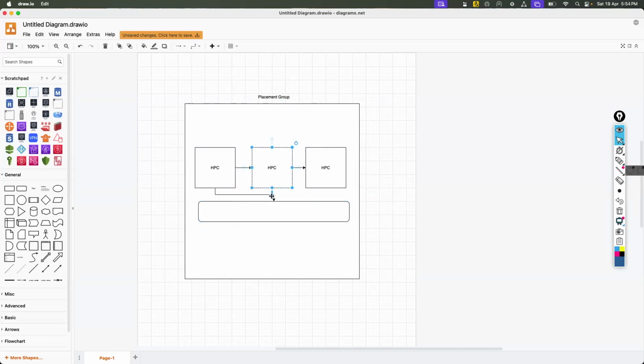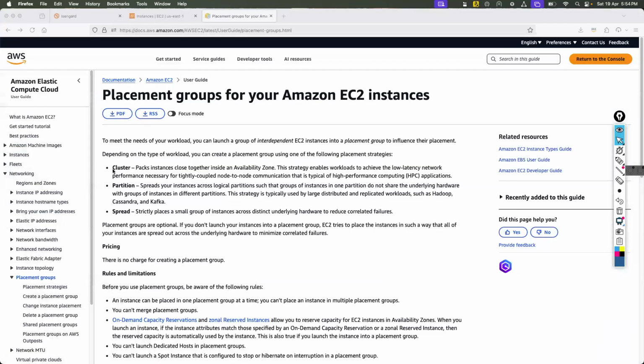Now, the first type is cluster, which is a tightly coupled low latency network inside one single availability zone. If you create a cluster placement group, all of the nodes will be part of only one availability zone, and they will share the common low latency network to perform tightly coupled communications.